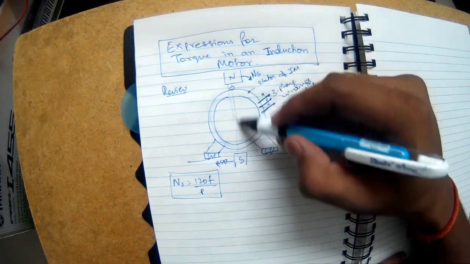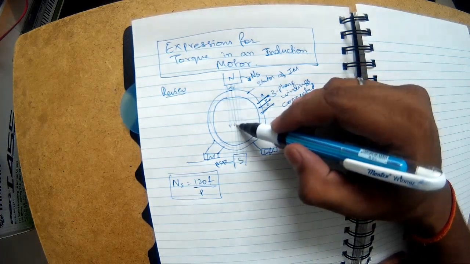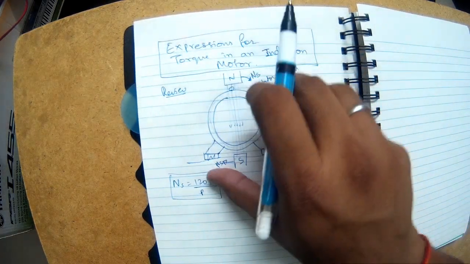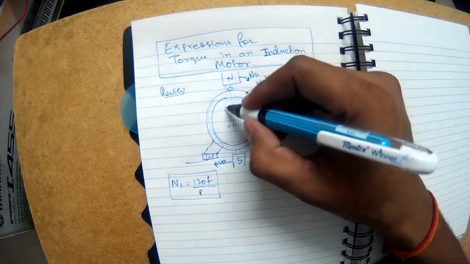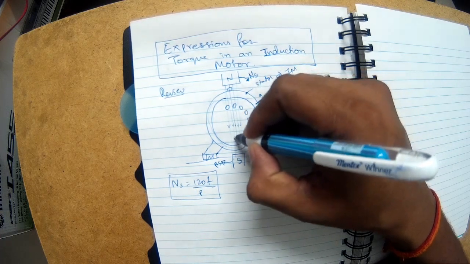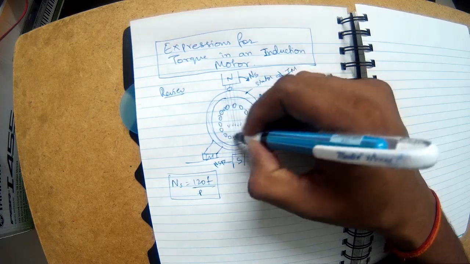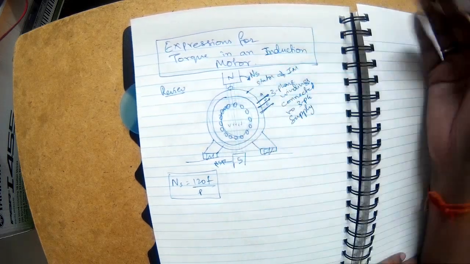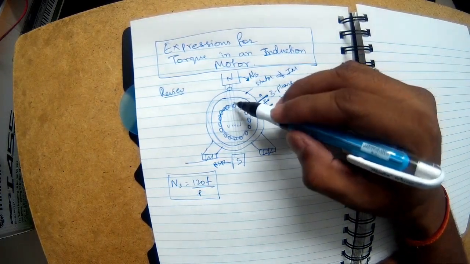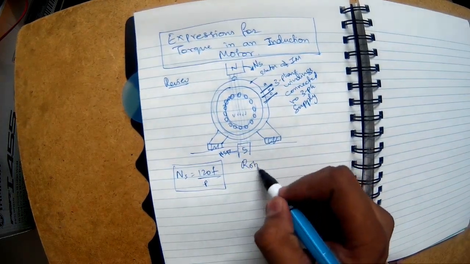Now these lines which I am drawing are the magnetic flux lines going from the north pole to the south pole, which themselves are rotating. Now if I keep the rotor, which is a squirrel cage rotor, these are all rotor copper bars which are short circuited, so current can flow from any copper bar to any copper bar. Let's say initially the rotor is at standstill.